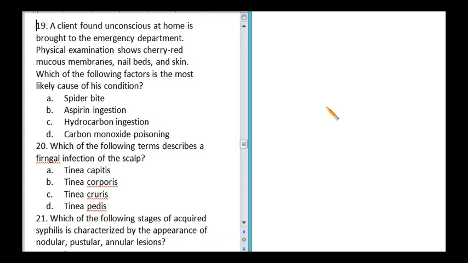Going back to the situation, the physical examination was done, and they found out that there is cherry red mucous membrane. This is a classic sign of carbon monoxide poisoning. So if you see cherry red mucous membrane, it points to carbon monoxide poisoning. Answer here is D. Next,